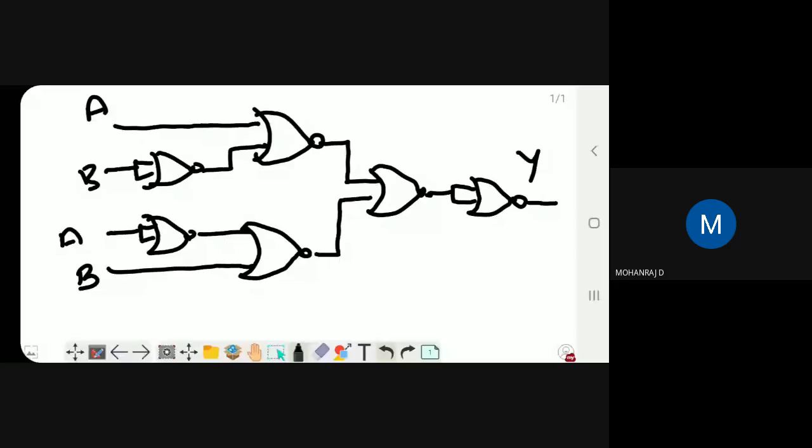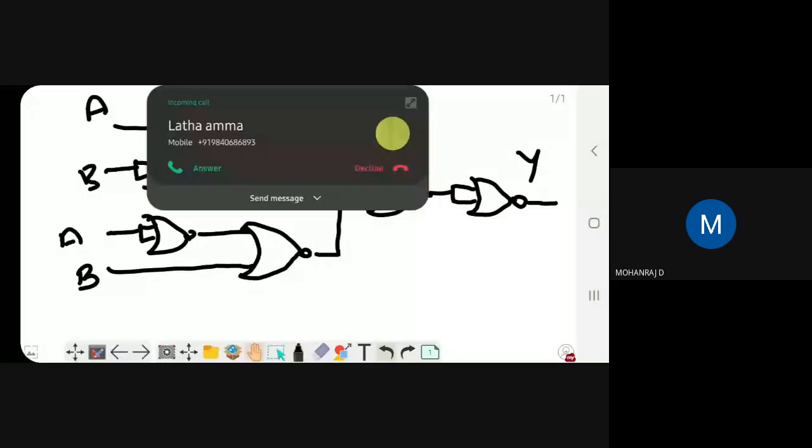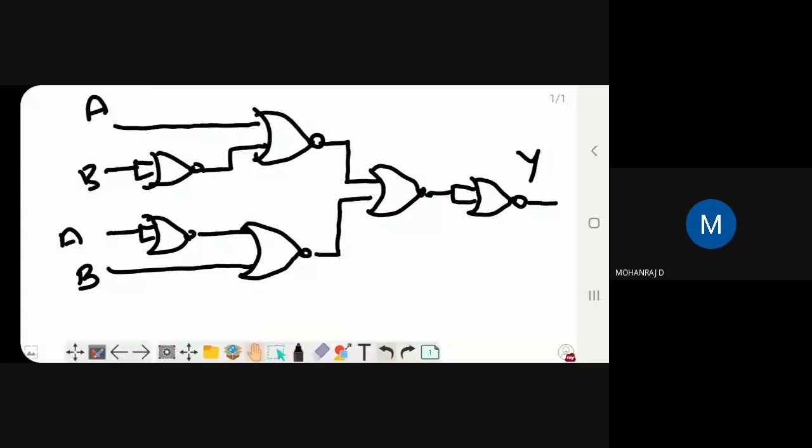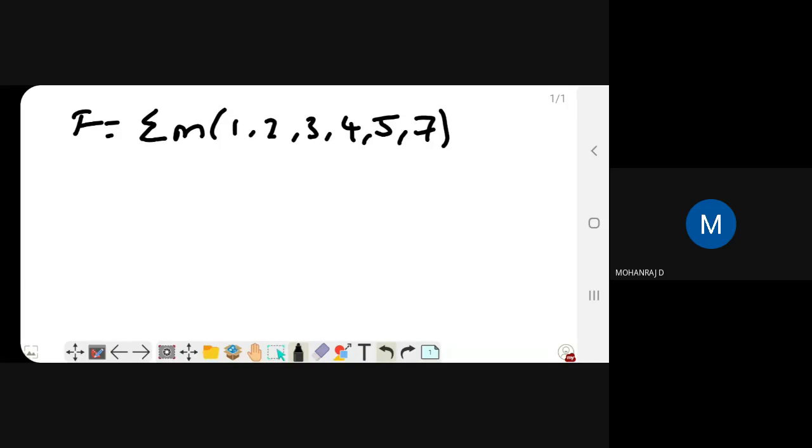Okay. So the question may ask like, F equal to summation M of 1, 2, 3, 4, 5 and 7, and give the simplified equation and implement using either NAND or NOR.